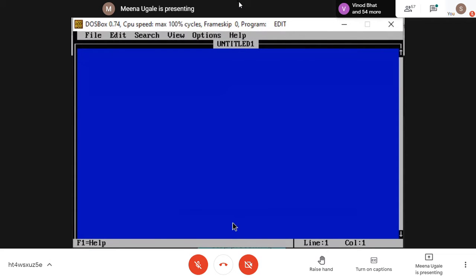We start with some main function, and then within the main function we write our program. Why we follow that? Because this is the main function, which is the first executable function by your C program. Similarly, here we are going to use it for the code segment. And now this code segment, when I'm going to use, I have to use some assembler directives to direct my assembler that you consider this for this purpose. So from that, my first assembler directive here is assume, and I'm going to use CS here as code.